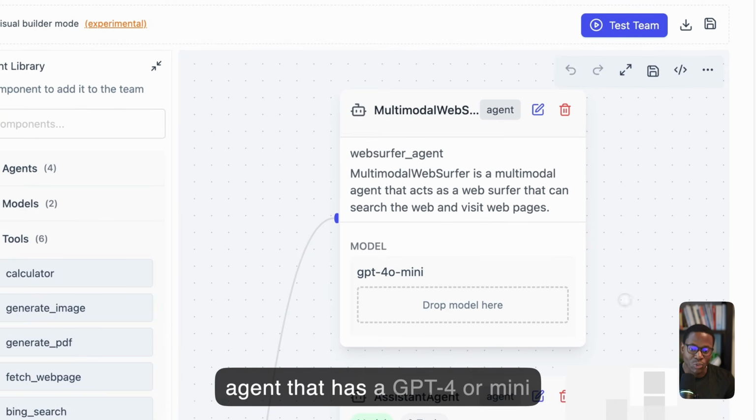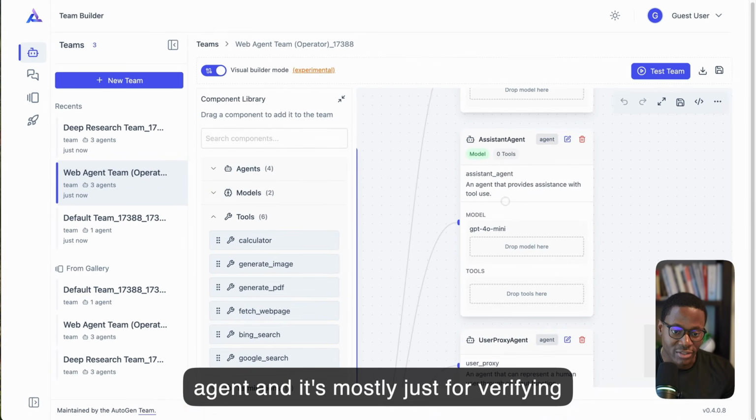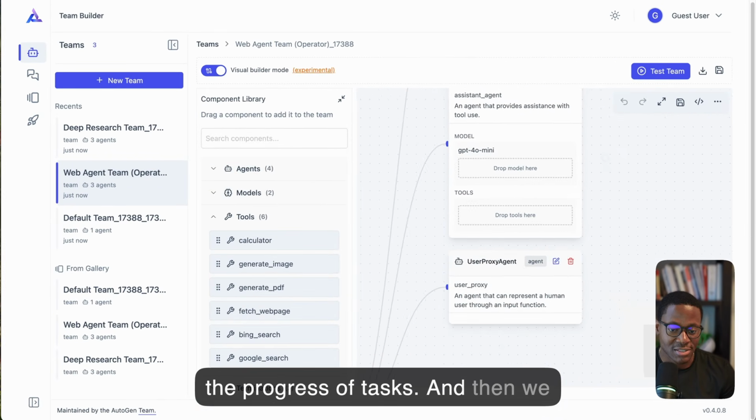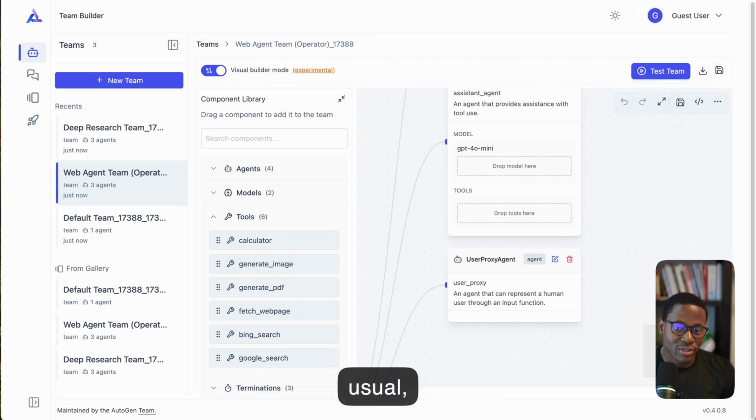It has a GPT-4o mini model. Next, we have an assistant agent, and it's mostly just for verifying the progress of tasks. And then we have a UserProxyAgent. And as usual, right here we might